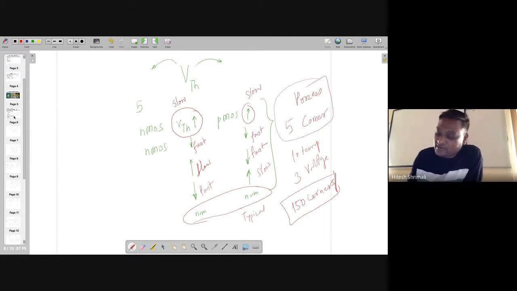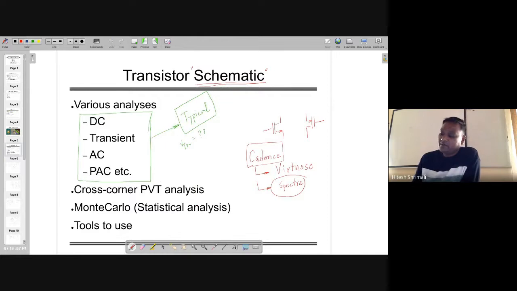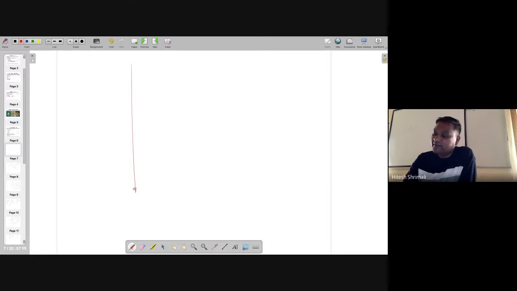I explained this because, in combination, we are going to call it process, voltage and temperature analysis. This is what I expect all of you to do, that analysis, and you find out whether your circuit is working or not. If you are saying that my op-amp or my digital circuit works at,